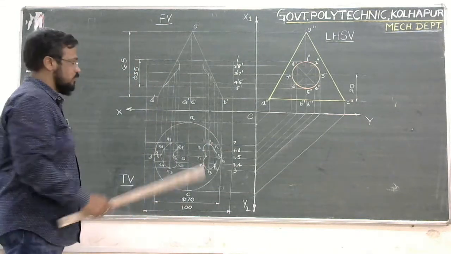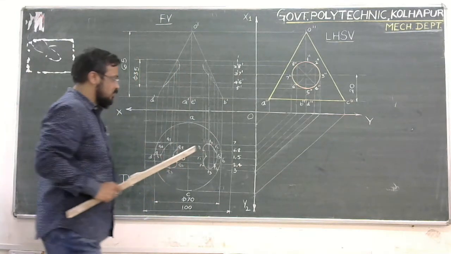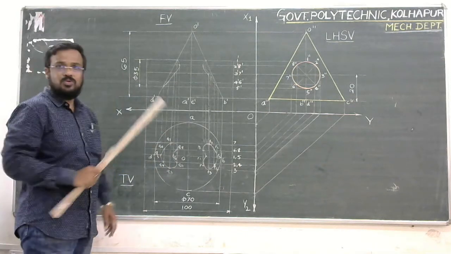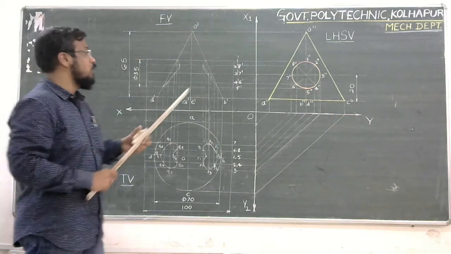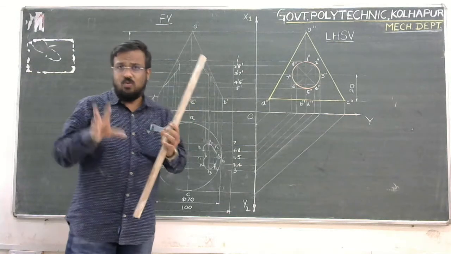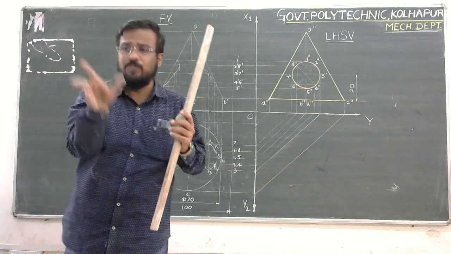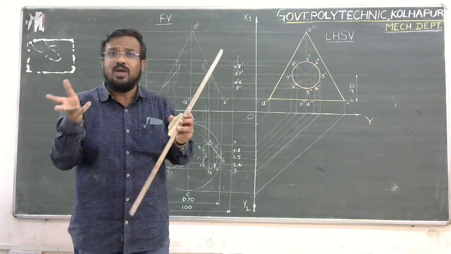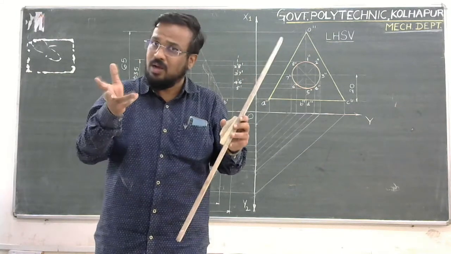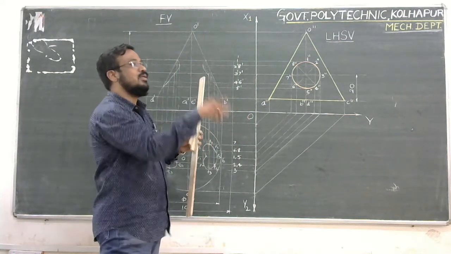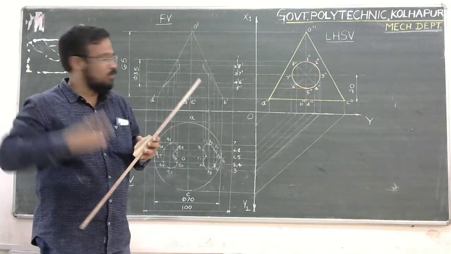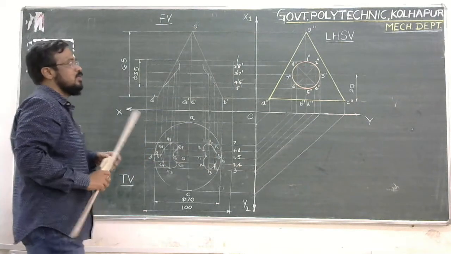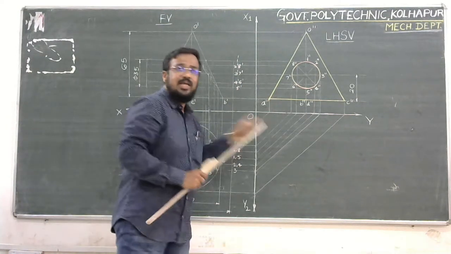Okay. Now, the next point is to get the intersecting point in the top view. So, intersection of surfaces. See, two surfaces get intersected. One is the outer surface of the cylinder, and one is the curved surface of the cone. Cone is having what kind of surface? It's having a curved surface. So the curved surface, the circumferential portion of the cone, is going to intersect with the cylinder. So for this purpose, we will consider the intersection.